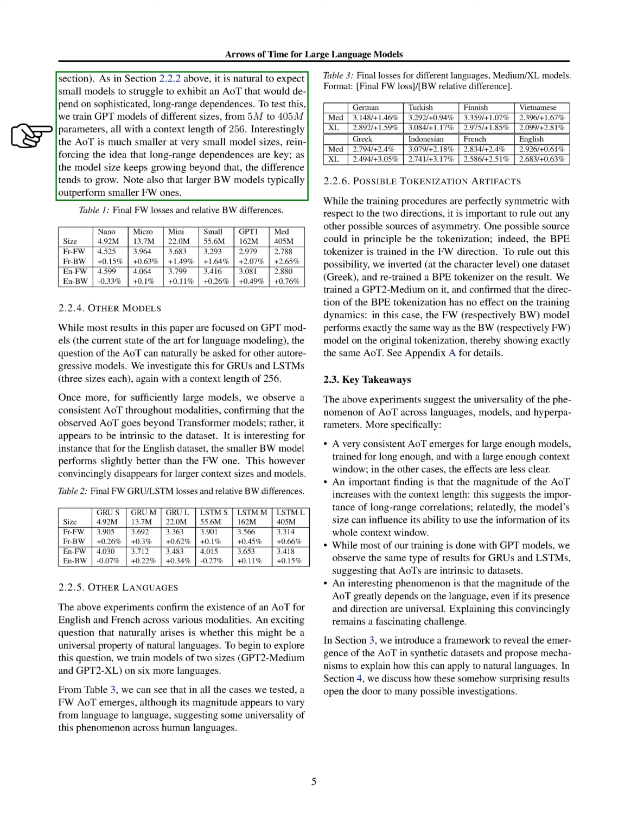Lastly, we extended our investigation beyond GPT models to include other autoregressive models like GRUs and LSTMs, training models of 3 different sizes with a context length of 256. Our results showed a consistent AOT across different model types for sufficiently large models, suggesting that the AOT is not unique to transformer models but is likely a characteristic of the dataset itself.